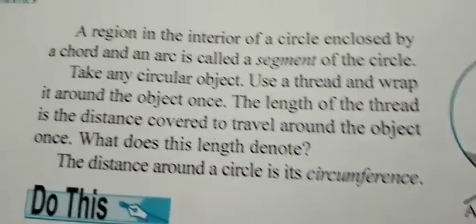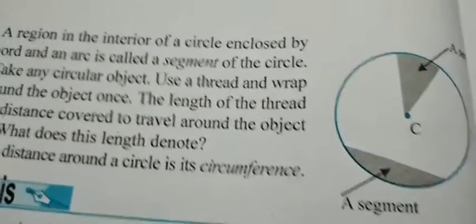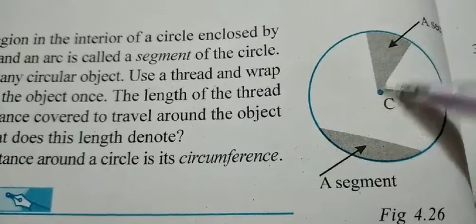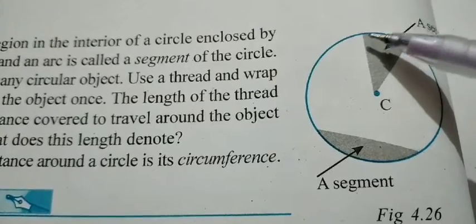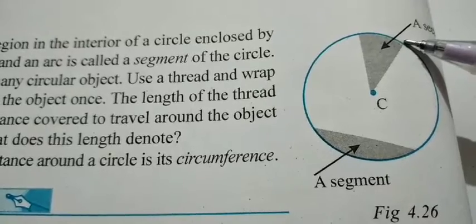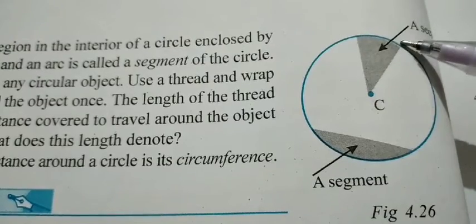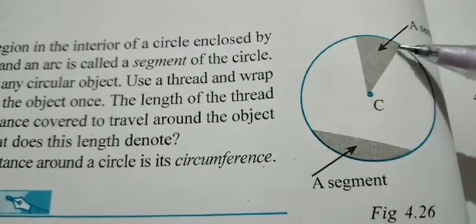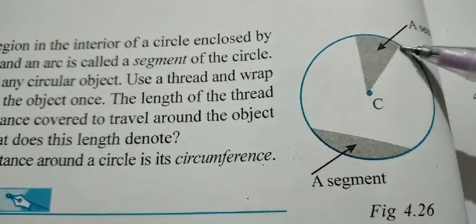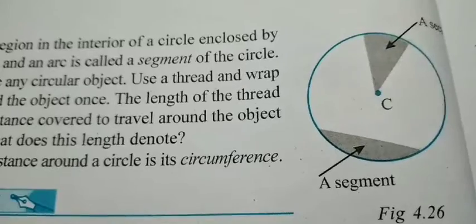अगर आप सेक्टर के बारे में बात करना चाहते हैं तो ये रहा sector, which is the interior region enclosed by the arc of the circle and the angle subtended by the center of the circle. ये हुआ angle. और two radii forming an angle with the center and the arc of a circle. ये जब एक closed figure बनाते हैं उसको कहते हैं sector.